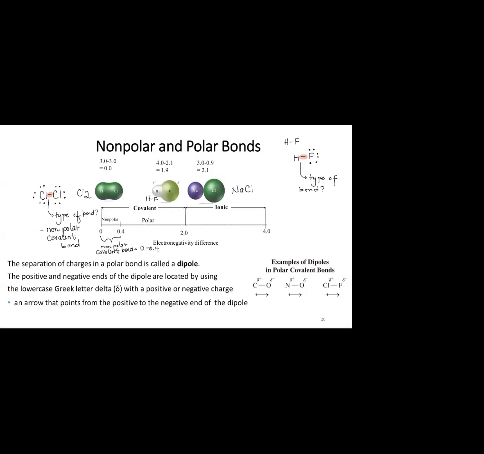So as you can see here, for HF, in order to define that type of bond, I'm going to do 4.0, which is the electronegativity value for fluorine, minus 2.1, which is the electronegativity value for hydrogen. So that gives me a difference of 1.9. As you can see here, because my value is higher than 0.4 and less than 2.0, then that's why this